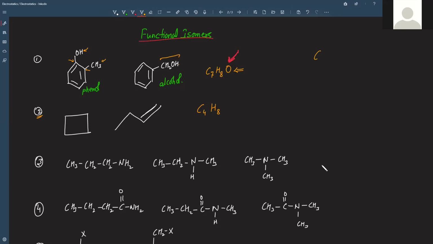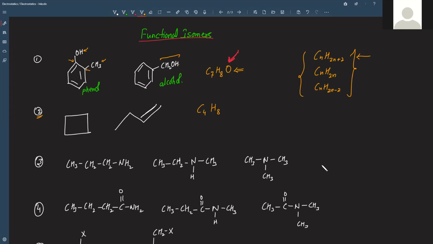If you see the second structure, it is a basic alkene. The alkane formula is CnH2n plus 2. Alkene is 2 hydrogens less, for those alkenes which have only 1 double bond, so CnH2n. The last one is alkyne, that is CnH2n minus 2. Whenever you find such simple alkane, alkene, or alkyne, don't waste your time counting the hydrogens. You can do it in the beginning, but remember that they will all satisfy these 3 general formulas. So this will be C4H8 for both.